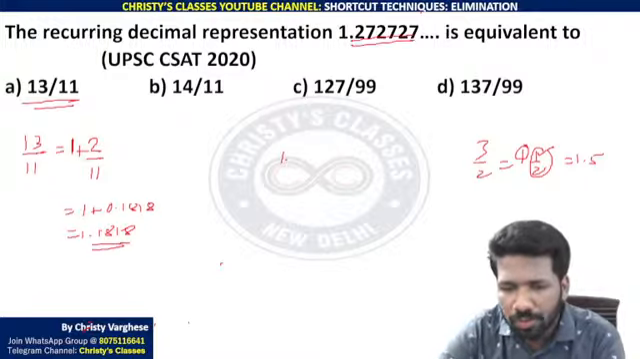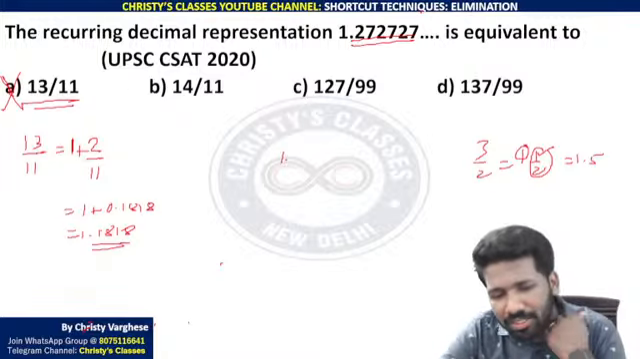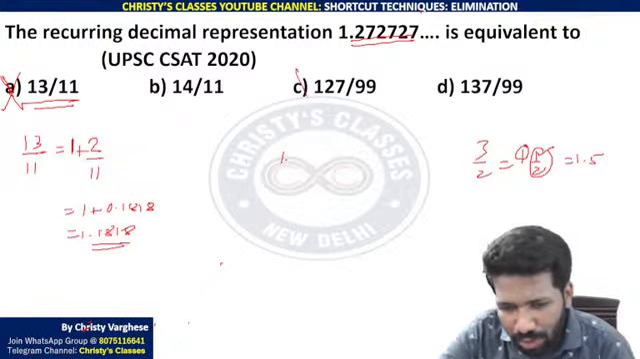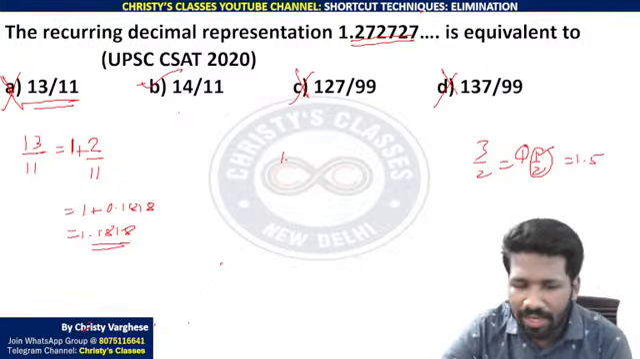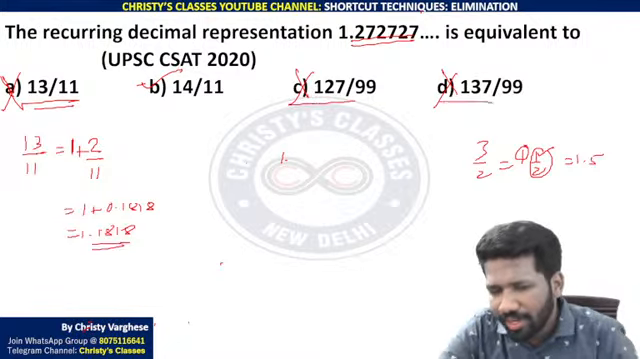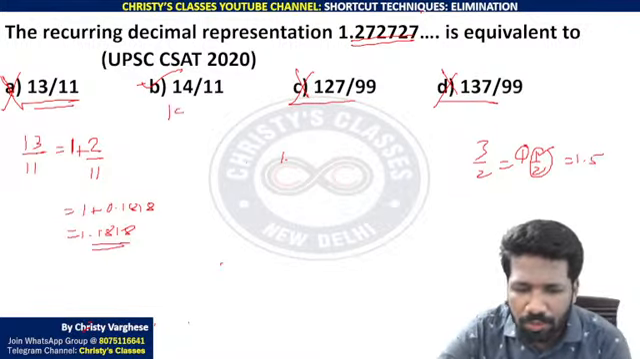1.181818 and 1.272727 are not the same. That way you can eliminate this. I hope you are understanding, all of you. And if you are already able to eliminate A, C and D, the remaining one will be the correct answer. But if you are not confident in eliminating C and D, what you can do is